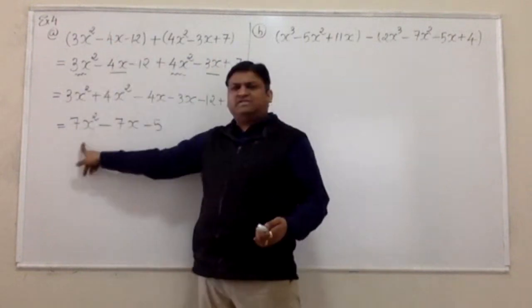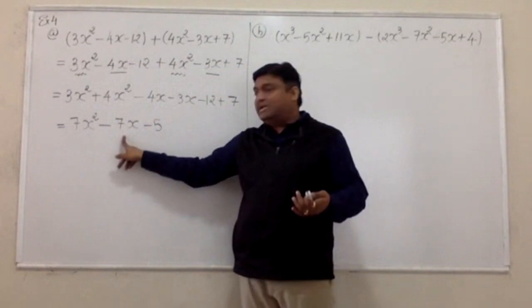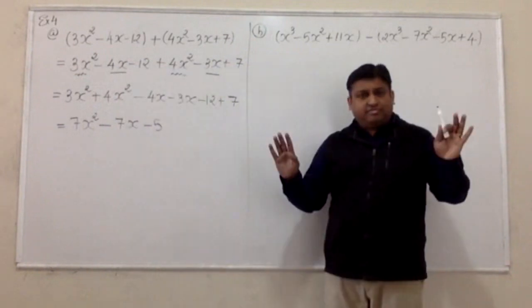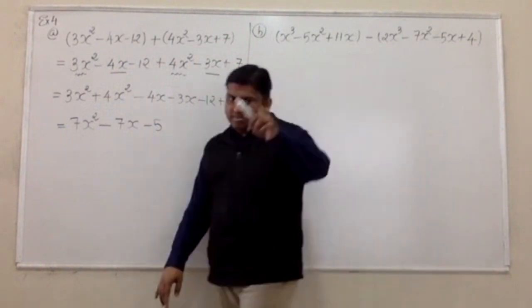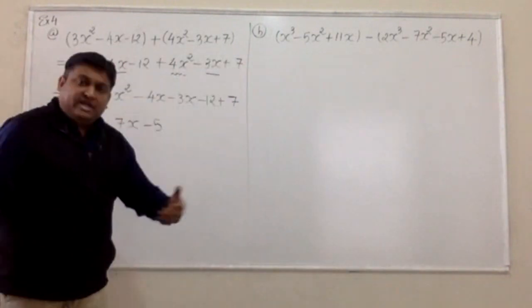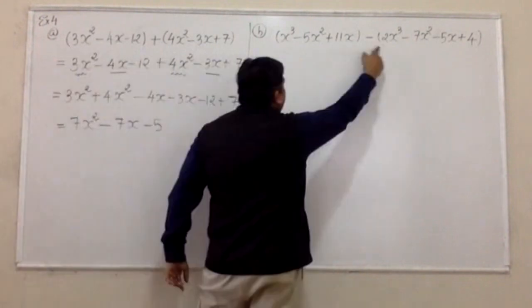3x squared plus 4x squared, that's 7x squared. Negative 4x, negative 3x, that's negative 7x. Then negative 12 plus 7 is negative 5. Perfectly fine to skip one line. I'm going to do that in the next example. I need to subtract two polynomials. Let's open the